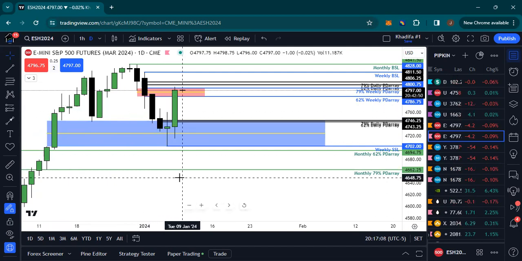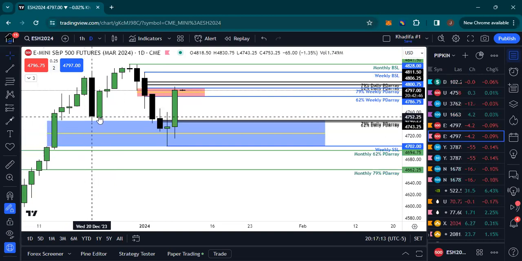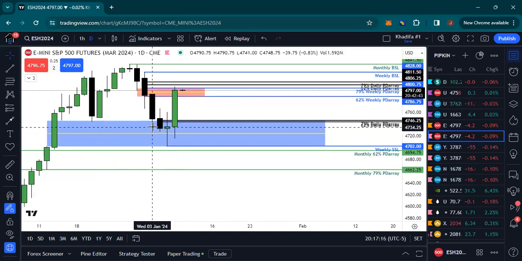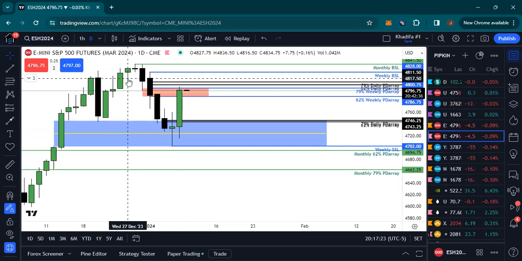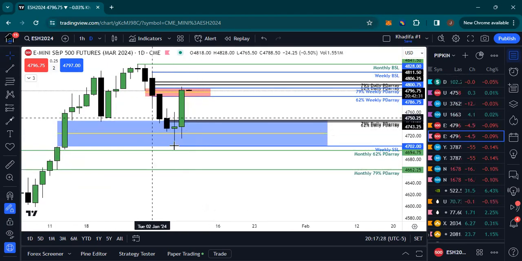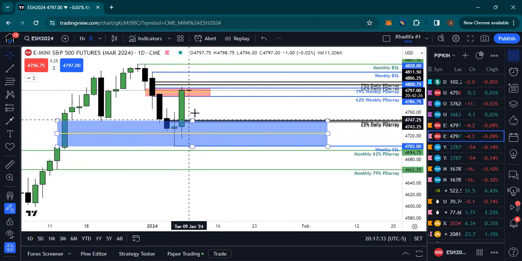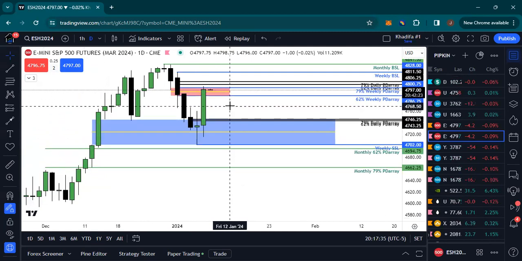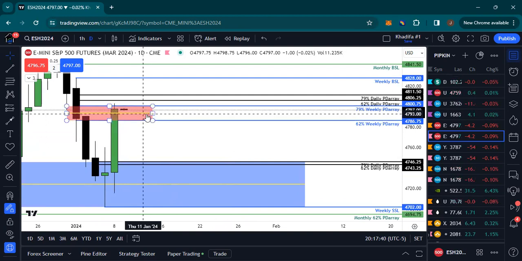And we see that price pushed right through that today. Did not respect that whatsoever. So there's no confirmation for the bullish uptrend switching over to being bearish, right? So no confirmation. We still stay on the side of a bullish trending market. And so with that being said, if we don't break back below this consequent encroachment of the weekly PD array levels, then